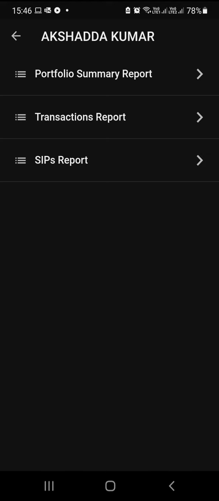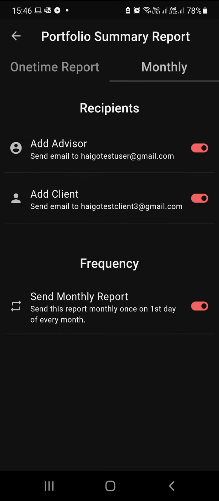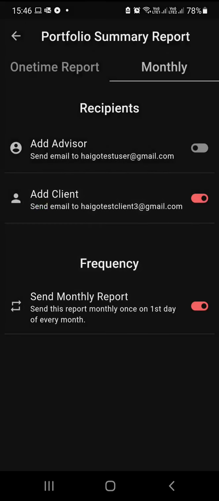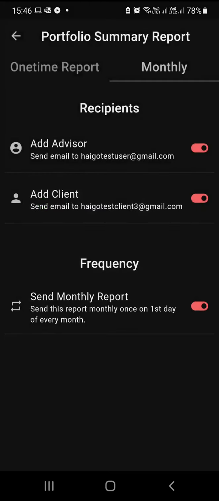Now if the customer requests a portfolio summary report, click on it, and you can click on monthly. Here you have the option to select whether the report should be sent to the advisor. If you want that, you can click yes, and if the report should go to the client, you can add the client. Otherwise you can even remove it, and manually transfer it to them. If you click yes, every month the report automatically goes from the HIGO support mailbox.